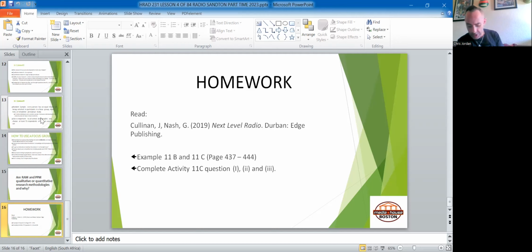Page 437. I'm not going to read the whole thing because it's quite long, and you should go through it on your own, and then we can revise it in class. So 11b has to do with asking the right questions. How good is X radio station's morning DJ? How do you feel about X radio station's morning DJ? Understand the difference between them. Only ask one question at a time so that you get one answer and have clarity.